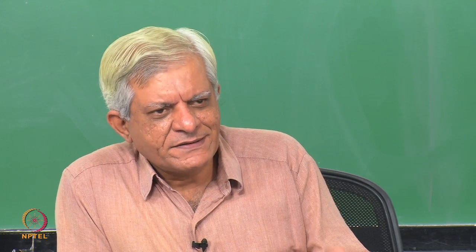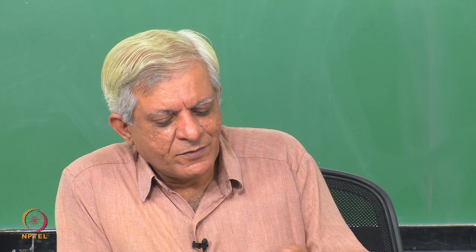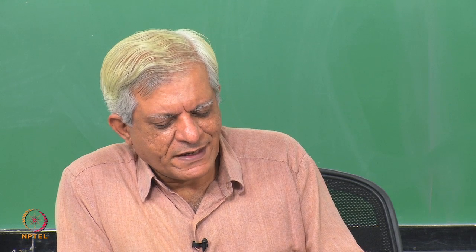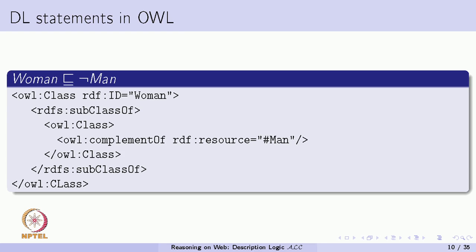But you can see that this relation, which says that woman is somebody who is not a man, can be defined in OWL like this, that OWL is talking about a class whose ID is woman. And some of these things which we had very briefly touched upon. So, let me just mention here. So, these are namespaces. So, this concept subclass of, for example, is defined in the RDFS namespace. So, RDFS is our RDF schema essentially, and